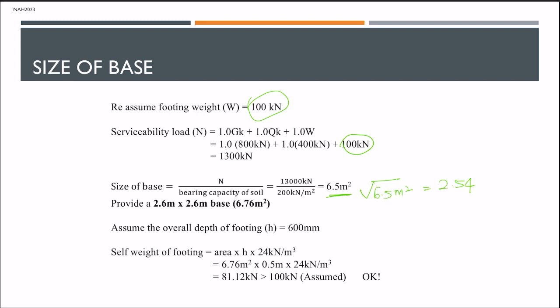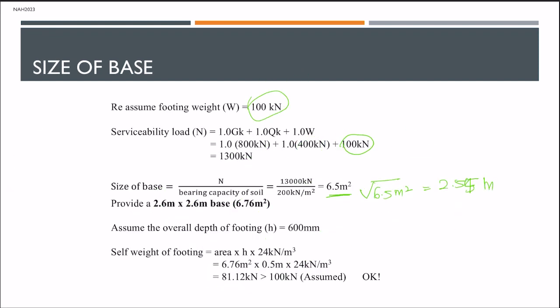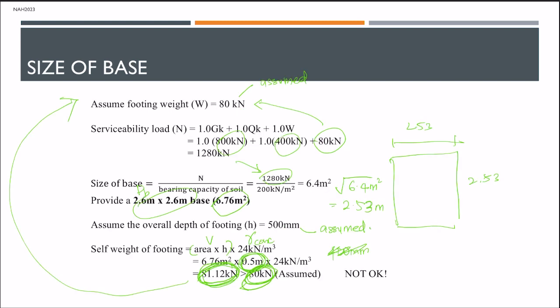2.55. So, here, I round it up to 2.6 times 2.6, which is sama macam previous one, 2.6 times 2.6. Okay, tapi okay, overall footing weight, sorry di sini salah, ini adalah 500. So 500 di situ, calculation saya betul. Okay, so 6.76 darab 0.5 darab 24, masih lagi 81.12, sama macam sebelum